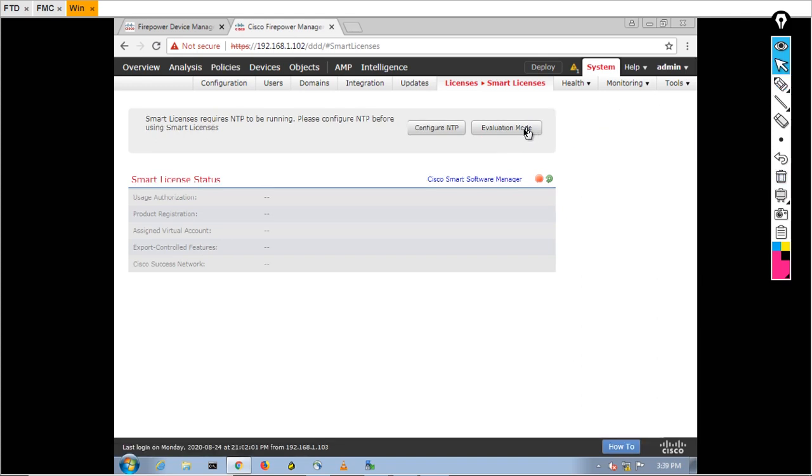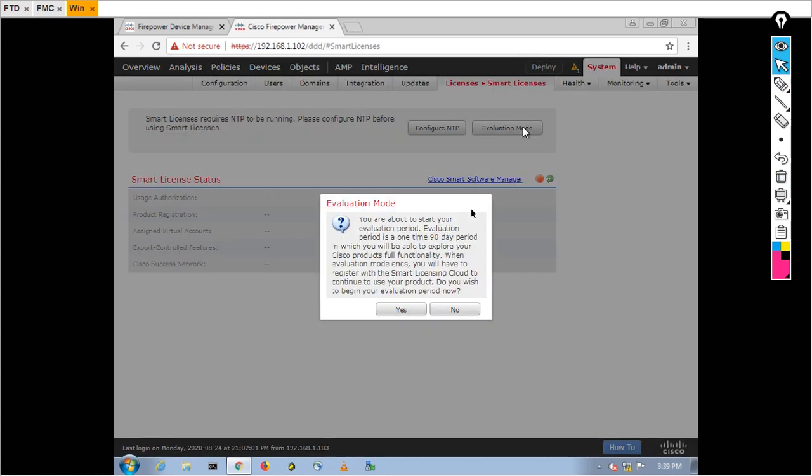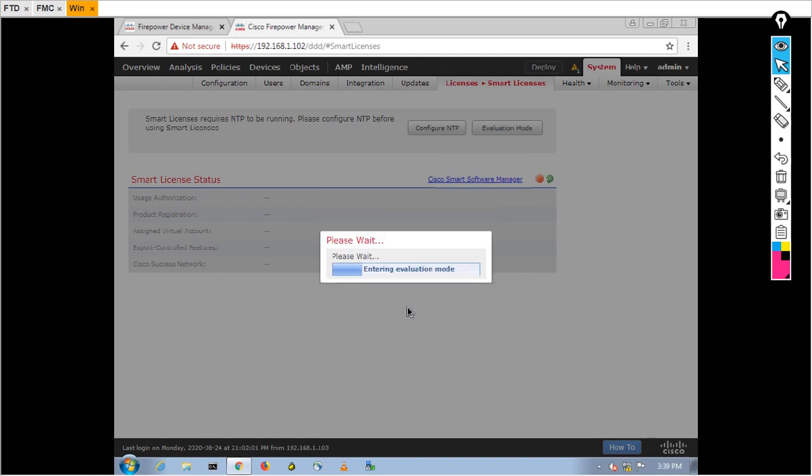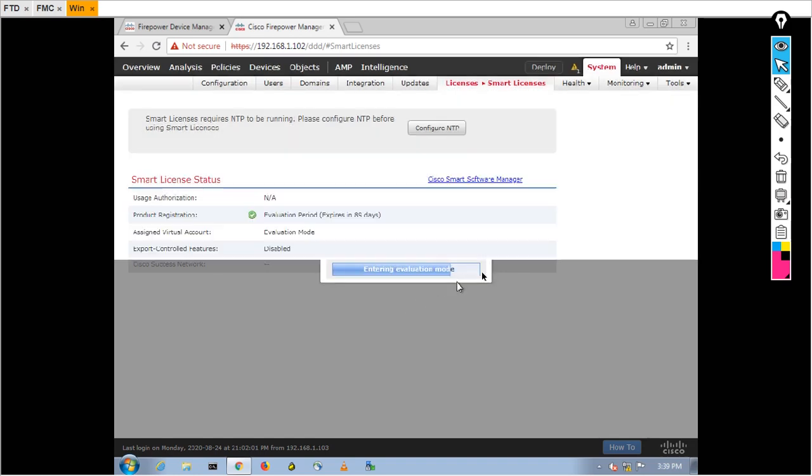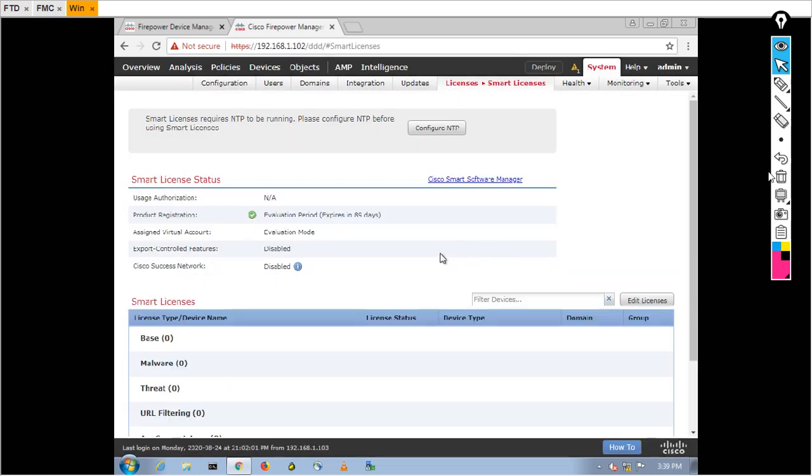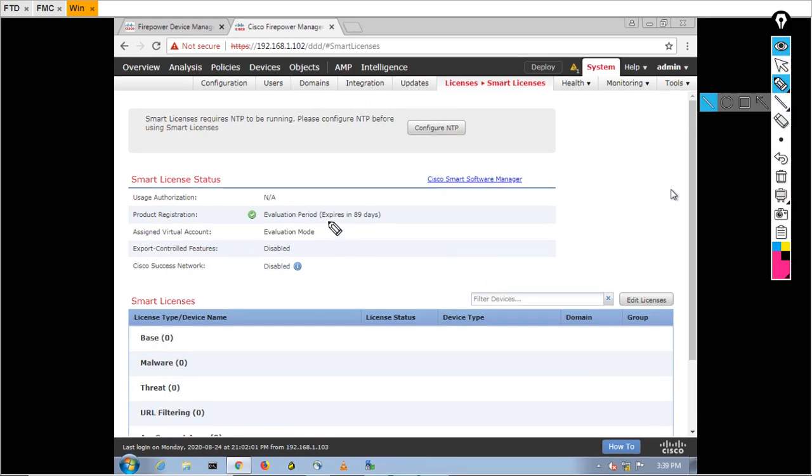So just click on evaluation mode. Yes. Now you can see here it expires in 89 days, meaning you have 90 days. It gives you a trial period of 90 days, so you can do some tasks. It's not providing you 100%, but they are providing some features that we can perform in our labs.